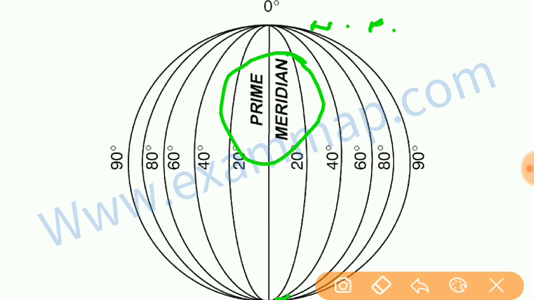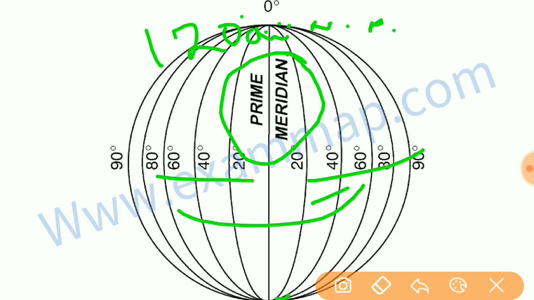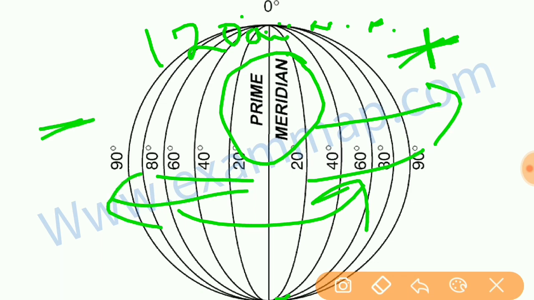When the prime meridian of Greenwich has the sun at the highest point in the sky, all the places along this meridian will have midday or noon, which means 12 o'clock. As Earth rotates from west to east, places east of Greenwich will be ahead of Greenwich time, which means addition of time, and those to the west will be behind it, which means subtraction of time.